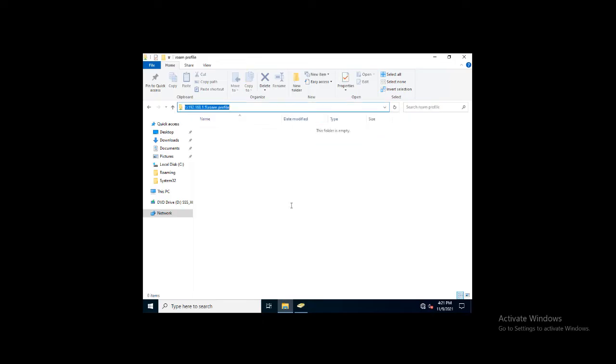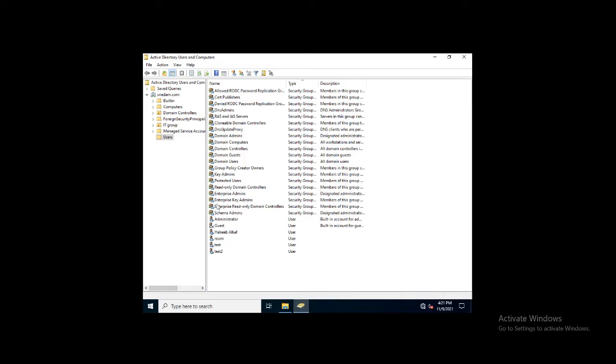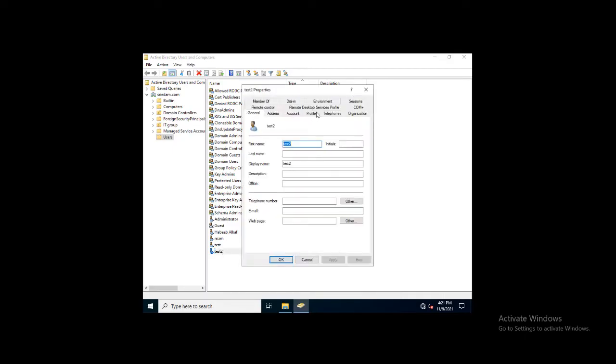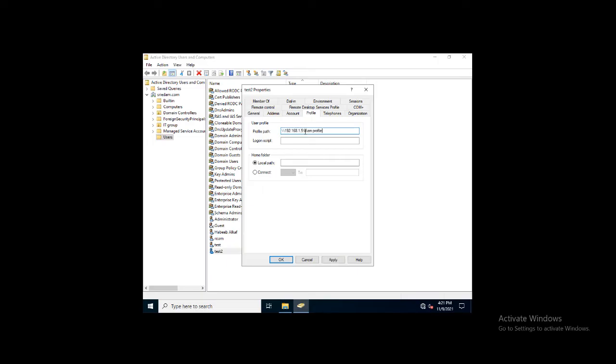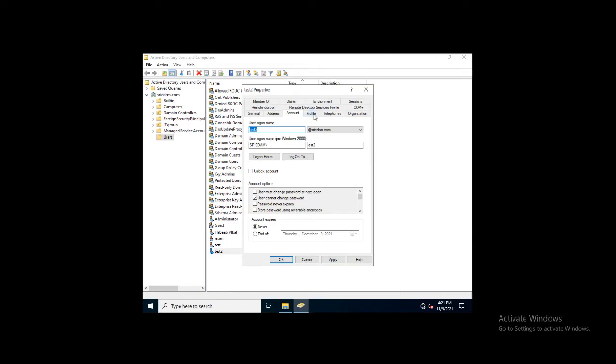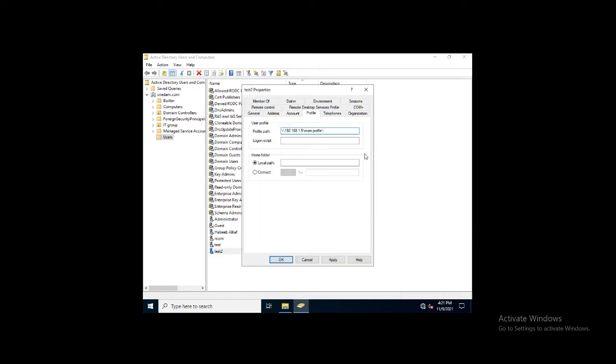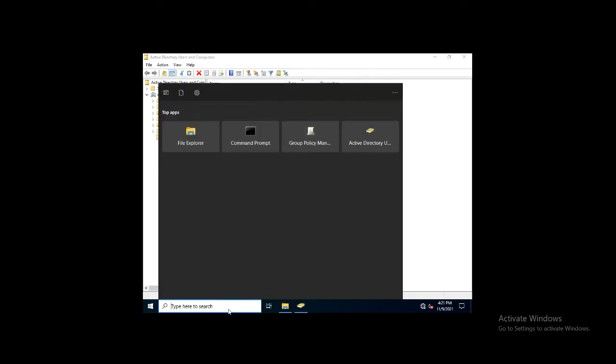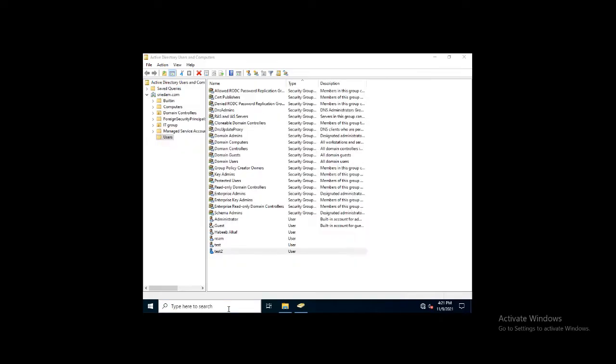So we can see our profile. We have to copy this path and go to Active Directory Users and Computers, and I'm selecting the test2 user account here and clicking on the profile tab. Type it, add a backslash and give the username. Here my username is test2. Type the same thing there and click on apply. Now update the policy, gpupdate.